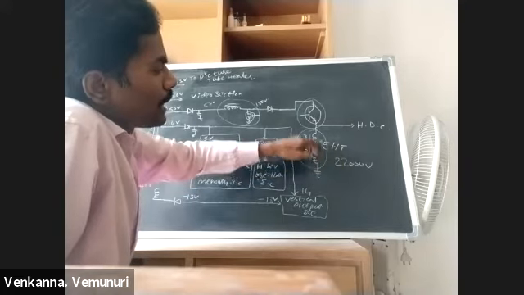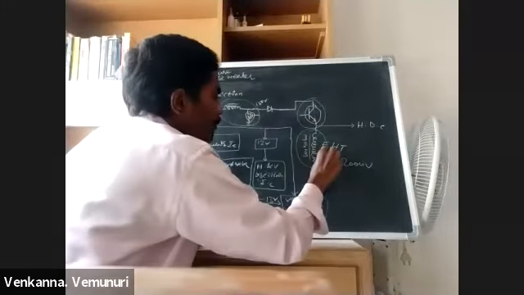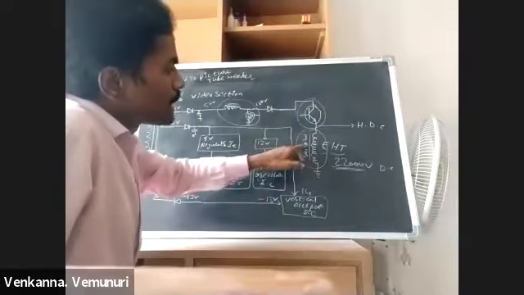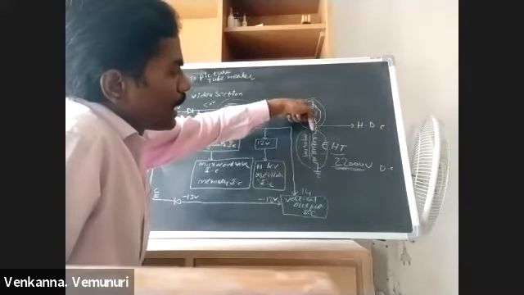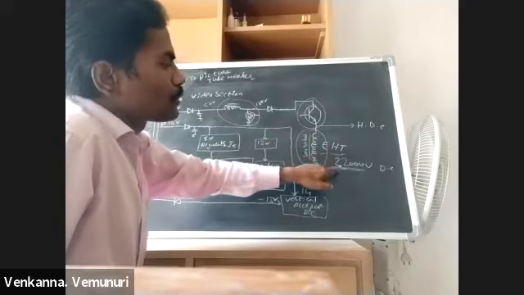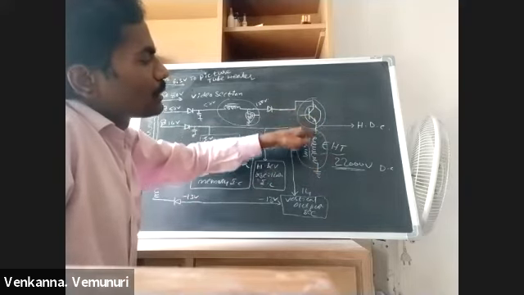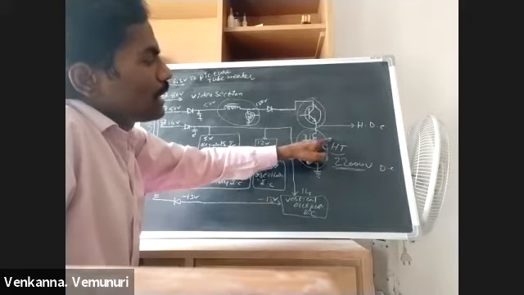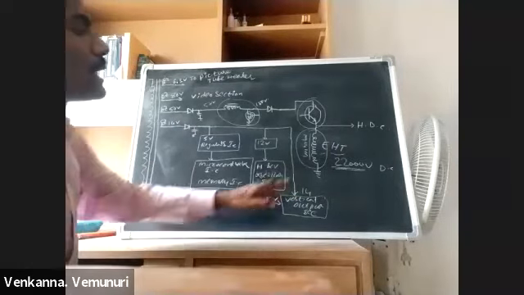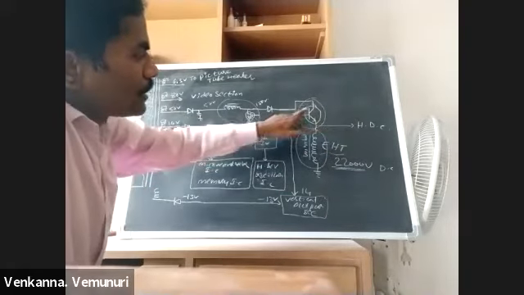But in this transformer, internally there is one high voltage diode. So from the final anode, we are getting 22,000 volts DC. In this transformer they are building in, arranging one high voltage diode, so we are getting an output of 22,000 volts DC. EHD with inbuilt diode: this diode is converting AC to DC and we are getting 22,000 volts DC. This is the EHD. This EHD works with the horizontal output transistor and this HDC also works with the horizontal output transistor.